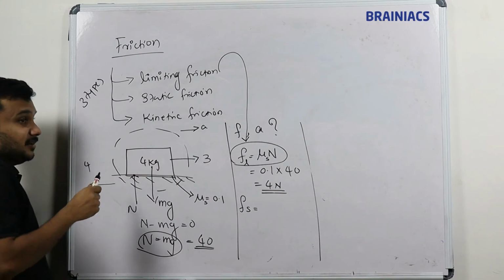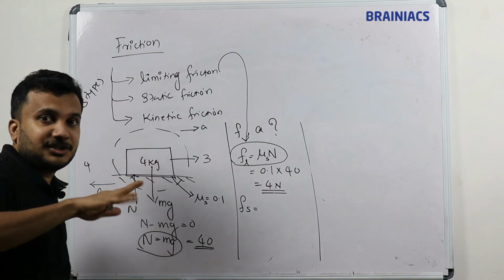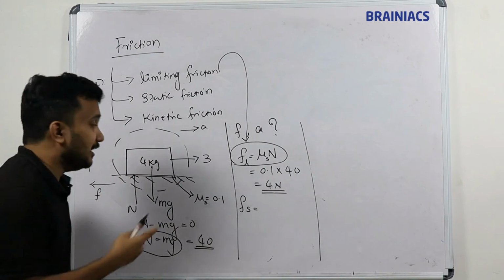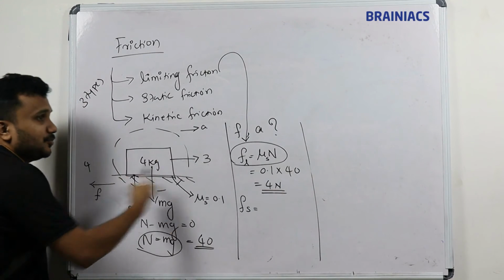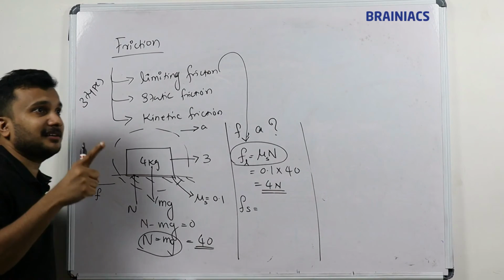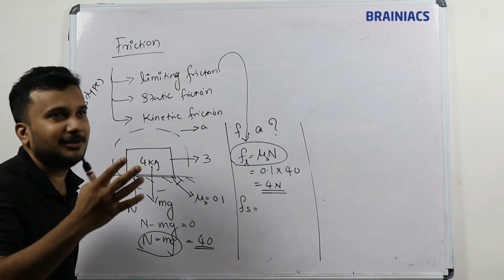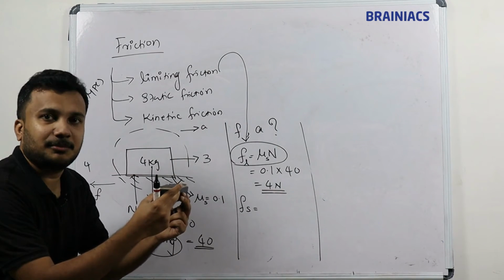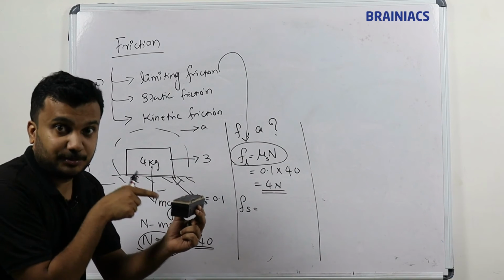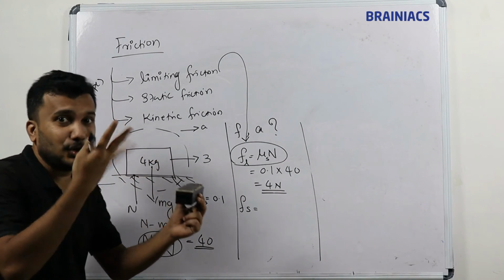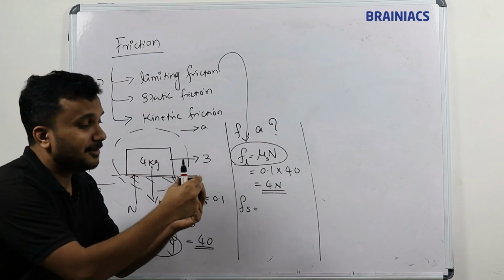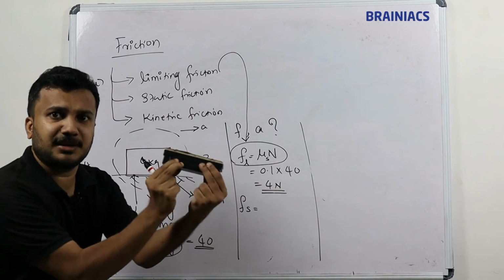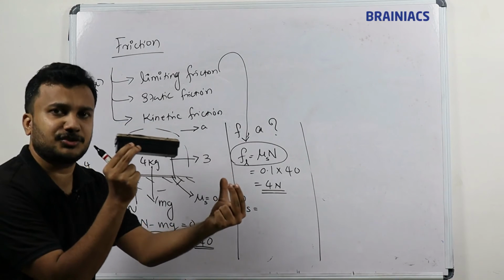Then what is static friction? Static friction is a kind of friction which will adjust to oppose the movement. Now I am very sure that I am applying a force of 3 Newton, but the opposite frictional force would be 4 Newton, yet practically the block will not move. Will it move backward? No, the block will not move backward, because if I pull this duster with a small force, it is not moving. Does that mean the frictional force is higher? No, the frictional force is actually adjusting. If I give a large force, it moves. If I give a small force, it does not move.